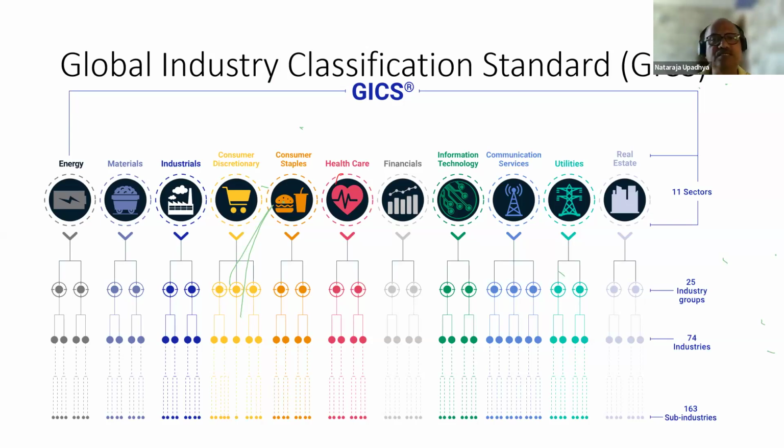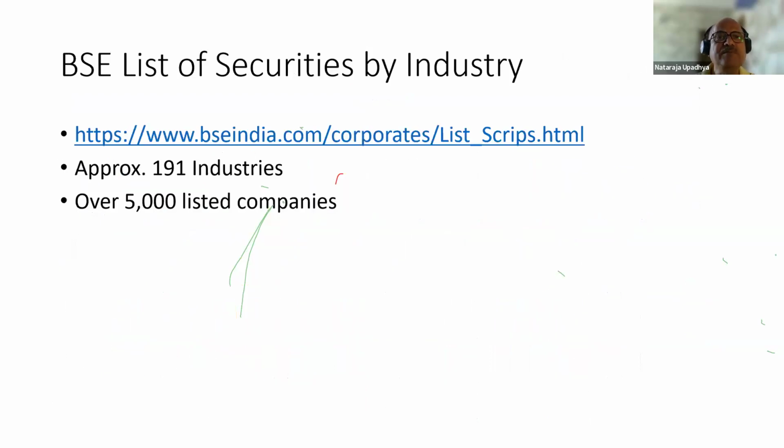US stock market is very well standardized around GICS, whereas Indian stock markets are still evolving. So there is some confusion in the standards. So I would go through different standards. They are overlapping and used. So that is one more confusion for you. So you have to bear with the confusion. So let me talk about BSE